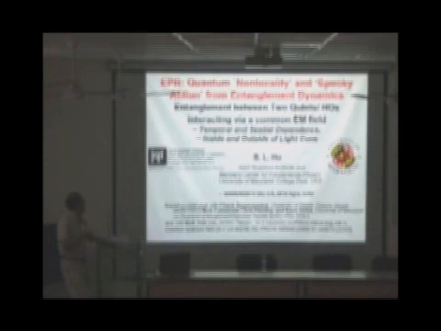So for one thing, for the last 6 years or so, people have been looking at the temporal dependence, and that's why it's sometimes called entanglement dynamics, meaning the entanglement set up between two atoms or two-level systems. How does it evolve in time? So that refers to dynamics. But then more important, as we found out also, in 2006 was the first paper that we wrote, there's also spatial